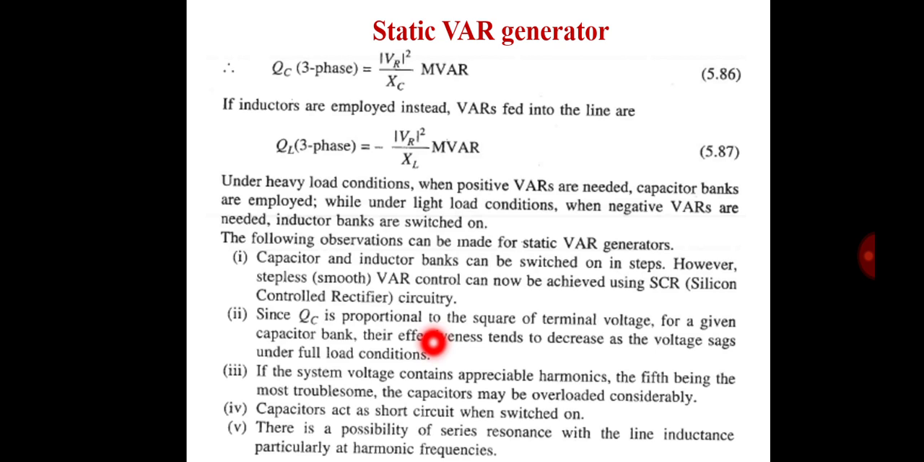Third, if the system voltage contains appreciable harmonics, the fifth being the most troublesome, the capacitors may be overloaded considerably. What is it? If the system voltage contains the harmonics, the fifth harmonic being the most troublesome, then the capacitor may be overloaded